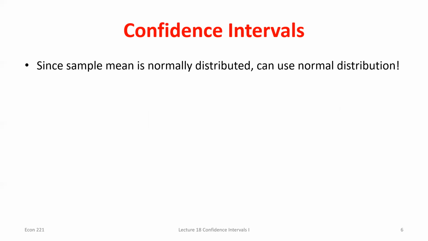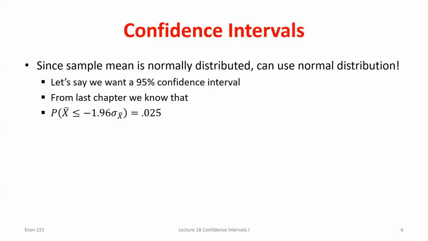Well, we know that the sample mean is normally distributed. Okay. So if we wanted a 95% confidence interval, and that's what we're going to start calling these ranges of values, confidence intervals. What we could do is say, okay, look, I know that the probability that I'm 1.96 standard deviations below, excuse me, that true mean would be 0.025. So